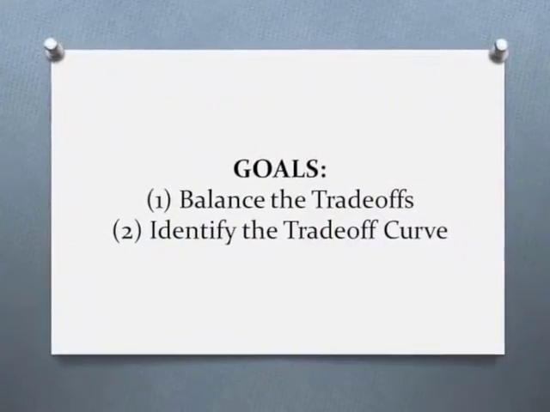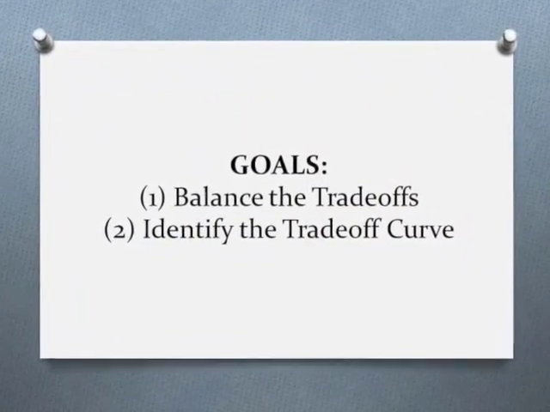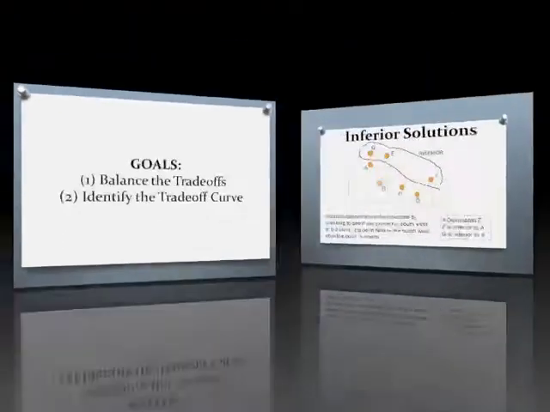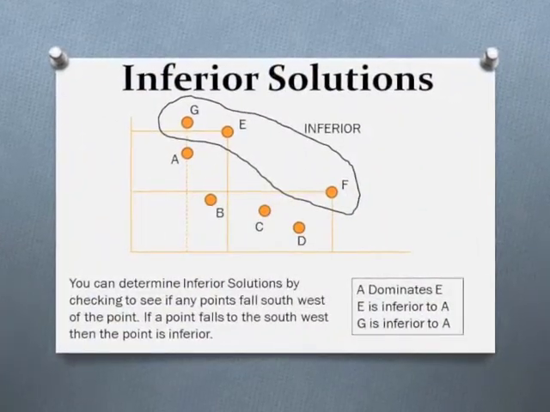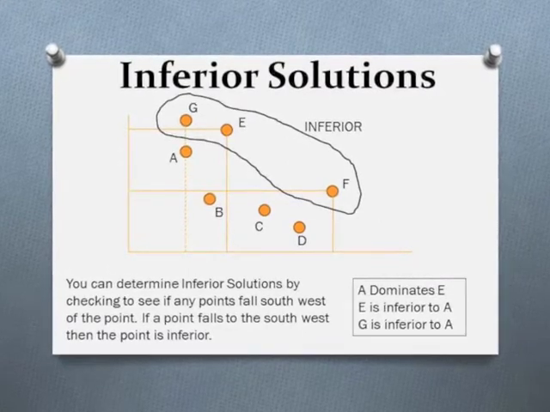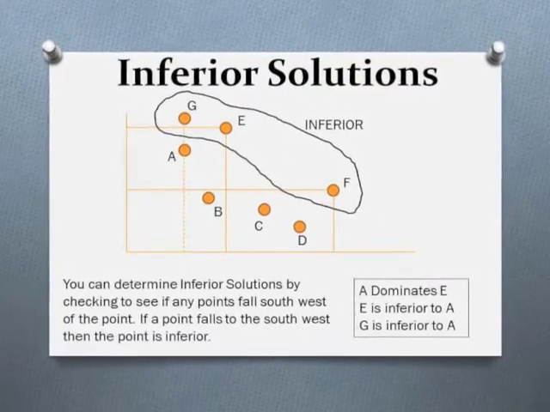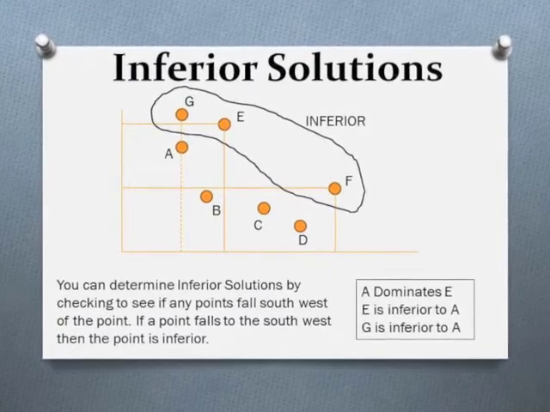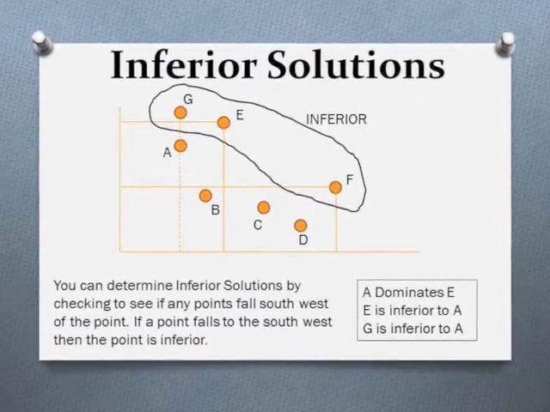The two goals of the shortest path problem are to balance the trade-offs and identify a trade-off curve between objectives. The plot here shows an example of a trade-off curve. The points are all possible values for two objective functions. This is a case trying to minimize both objective functions, so you can see it curves towards the 0 point